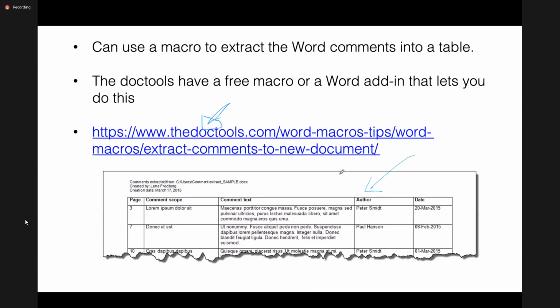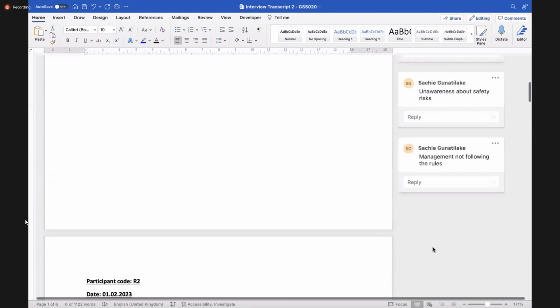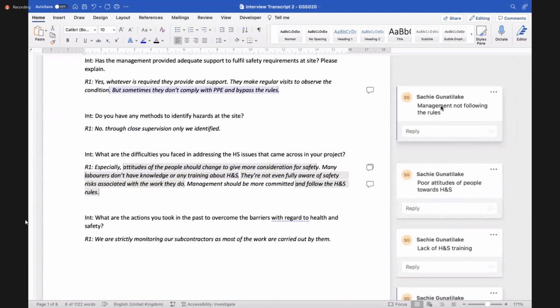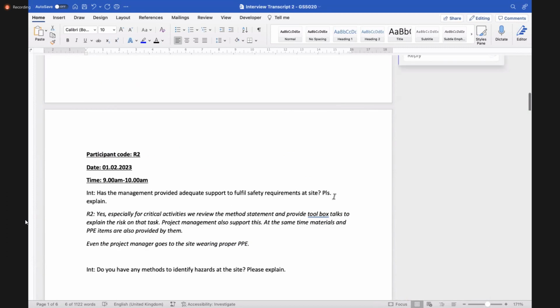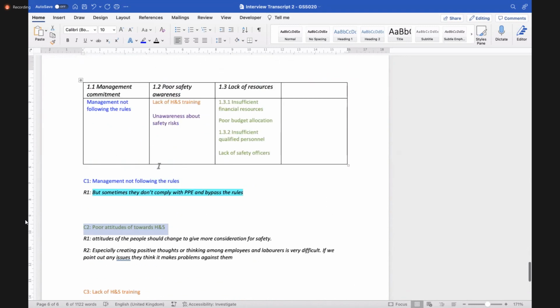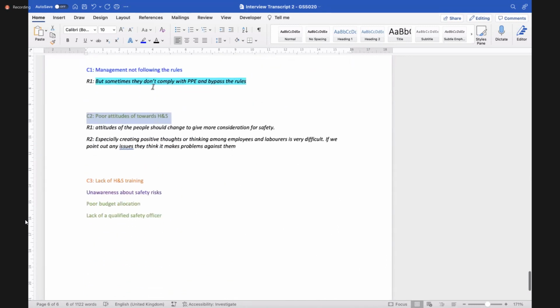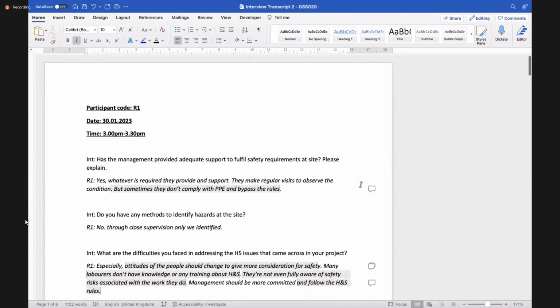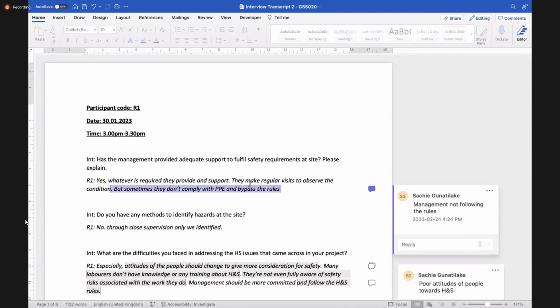So say you have a document like this, where you have done your coding as comments in MS Word. Now, when collating, we had to copy and paste these individual things by hand, right? Rather than doing that, if you install that macro, it will automatically export these comments and the text that has been captured under that comment also.